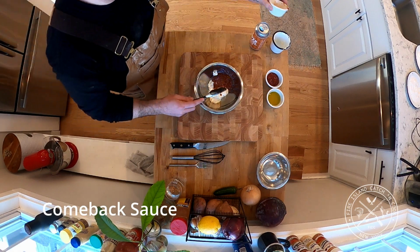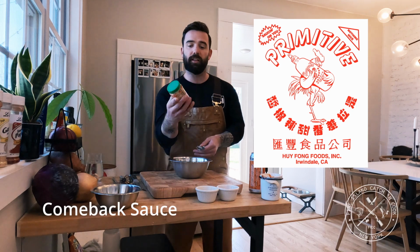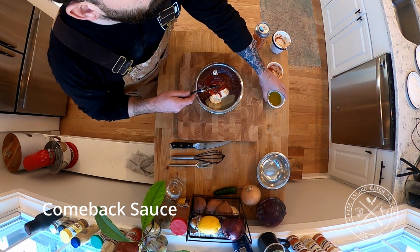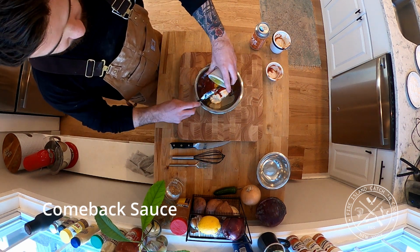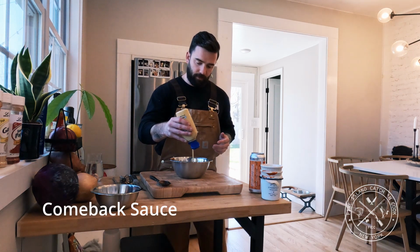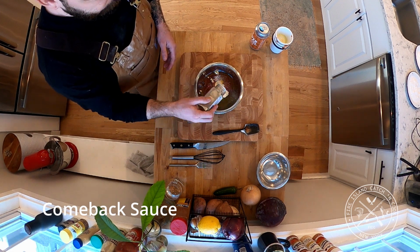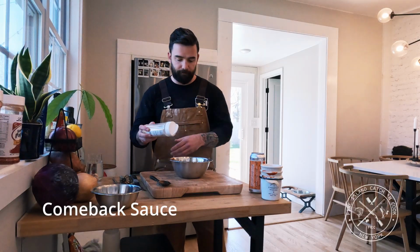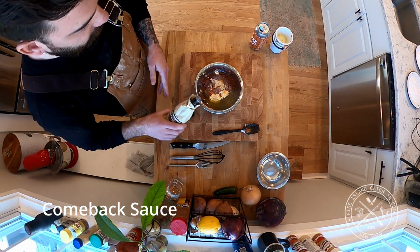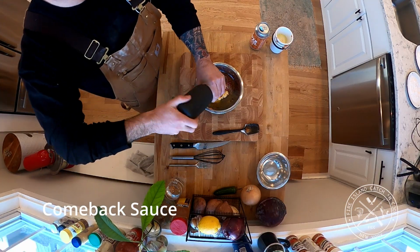This chili sauce, just so everyone can see, I can't say the name, but it's a Vietnamese chili sauce, an Asian chili sauce, and I highly recommend that. We're gonna use a 1/4 cup of ketchup, a 1/4 cup of olive oil, a teaspoon of Dijon mustard, another teaspoon of onion powder, a teaspoon of garlic salt, 2 teaspoons of Worcestershire, a teaspoon of black pepper,